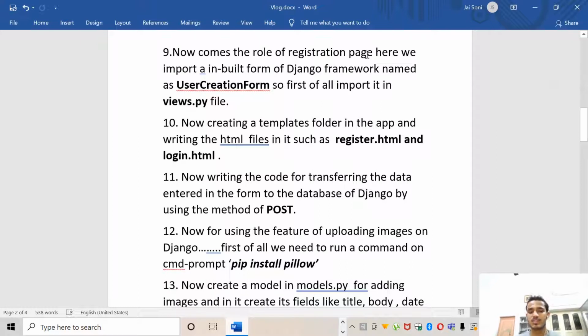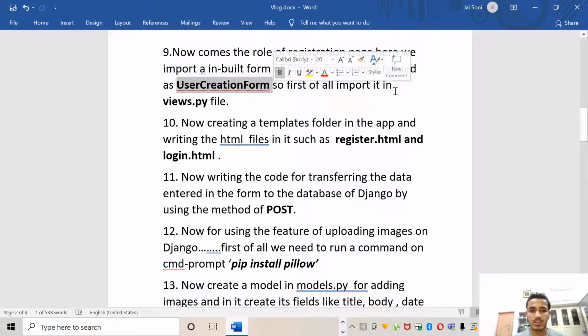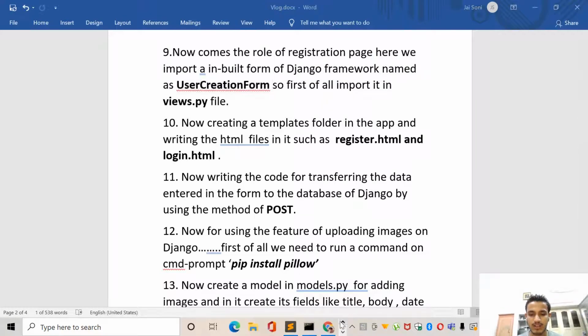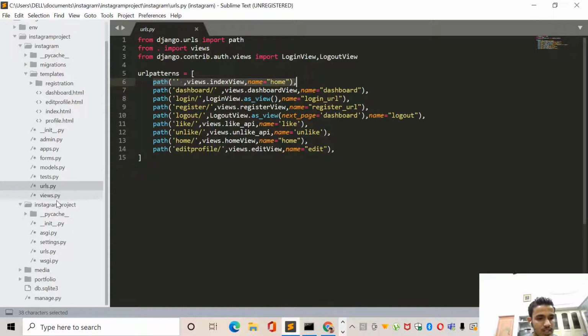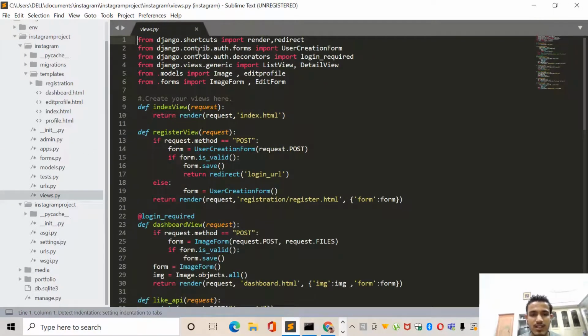Now comes the role of the registration page. Here for registration, we are using an inbuilt form of the Django framework, which is named UserCreationForm. So first of all, import this form in the views.py file of our Instagram app. Here you can see this line: from django.contrib.auth.forms import UserCreationForm. The contrib.auth.forms is written as we are using an inbuilt form of Django. So UserCreationForm is an inbuilt form of Django. Just write its import and then